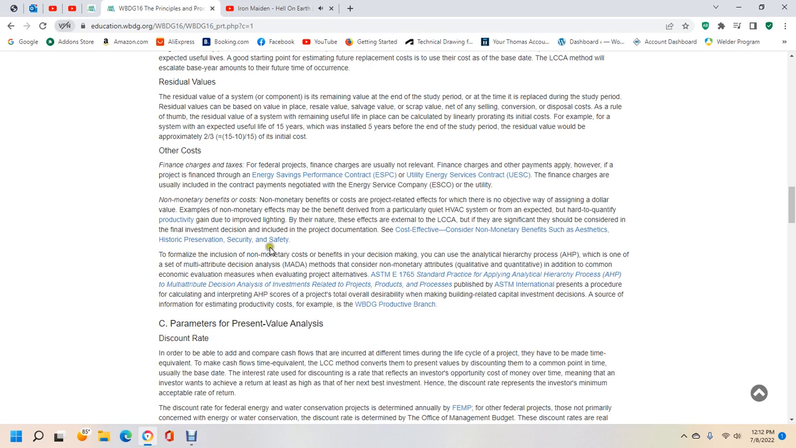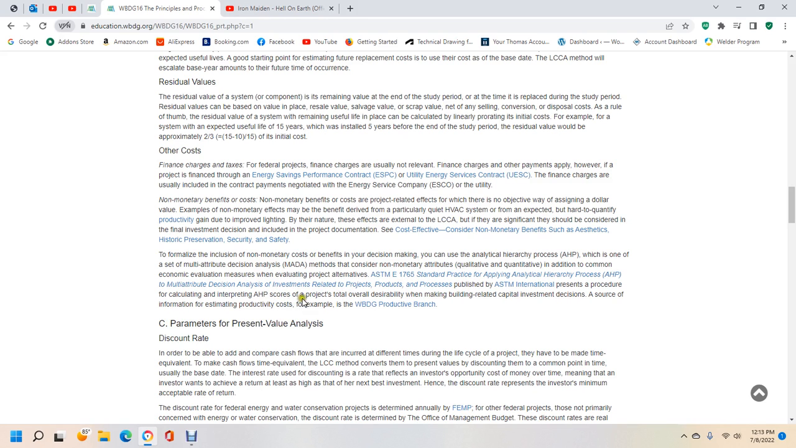To familiarize yourself with including non-monetary costs and benefits in decision making, you can use the analytical hierarchy process, one of the multi-attribute decision analysis methods that consider non-monetary attributes, both qualitative and quantitative, in addition to a common economic valuation measure for valuing project alternatives. ASTM E1765 is the standard practice for applying the analytical hierarchy process and multi-attribute decision analysis to investments related to projects, products, and processes, and it is a published ASTM procedure for calculating and interpreting